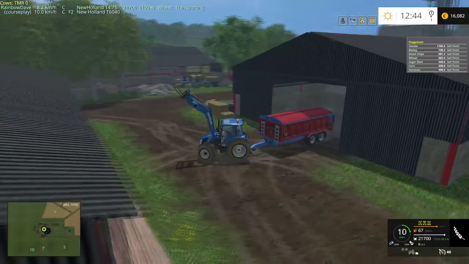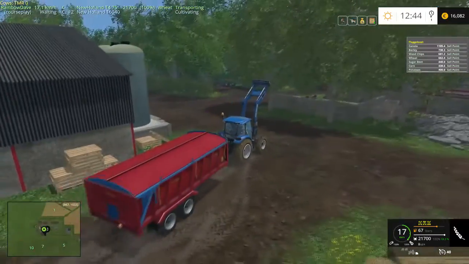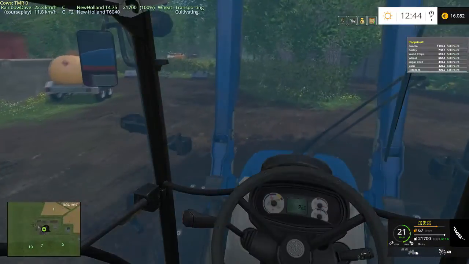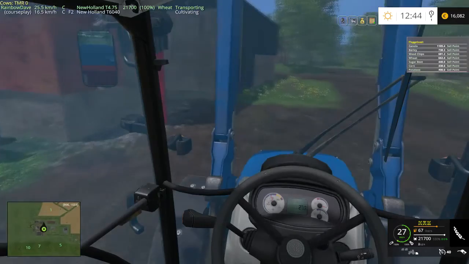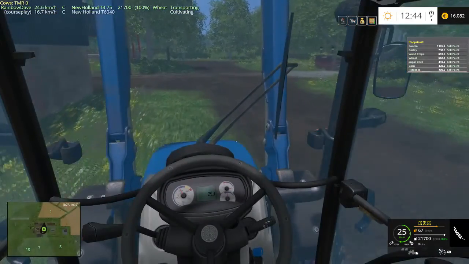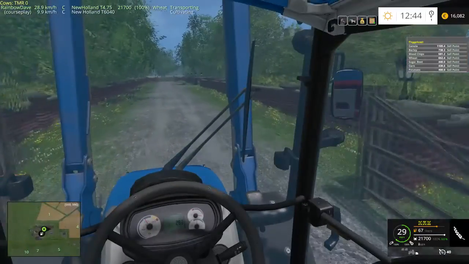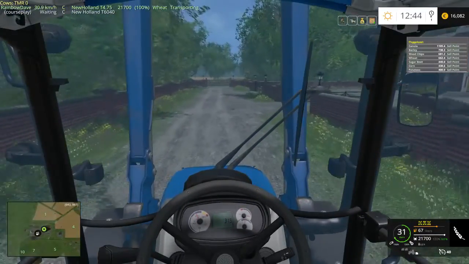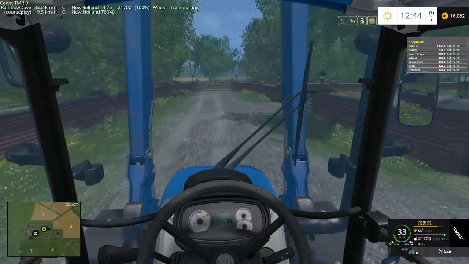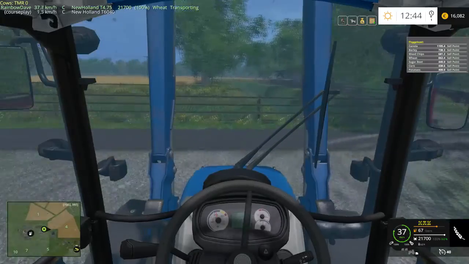Hello ladies and gentlemen, and welcome back to Manor Farm, where today we're selling off the wheat and trying to get some cows. So in the last episode we sold off what little barley there was in storage, and now we're moving on to the wheat. What I'm hoping we'll get out of this, number one, is cows. Number two, which is kind of secondary but equally important, is